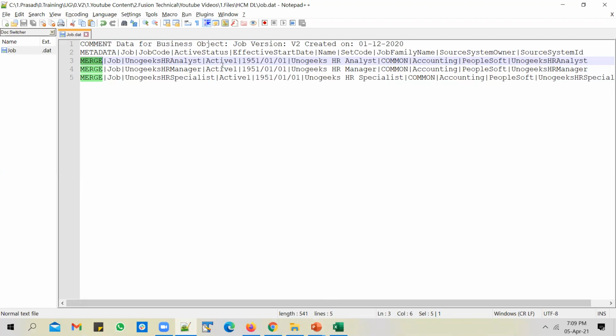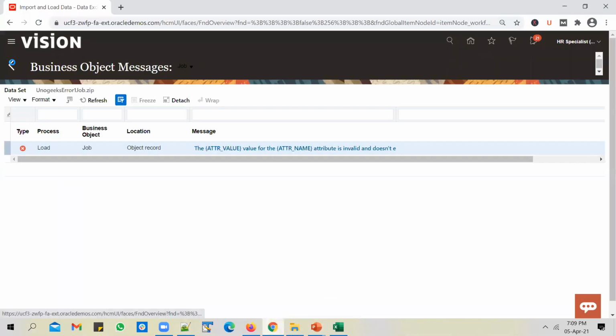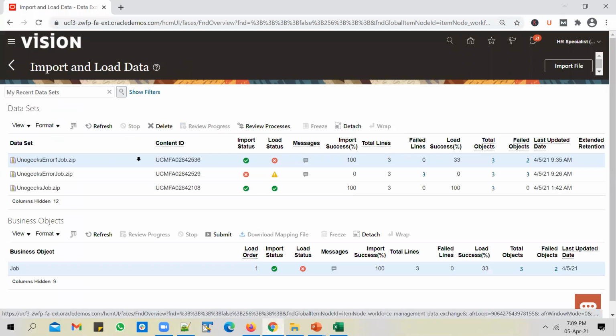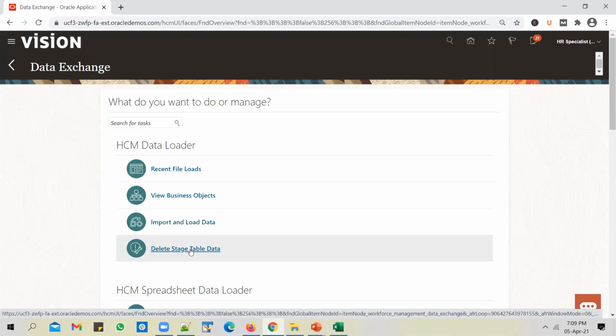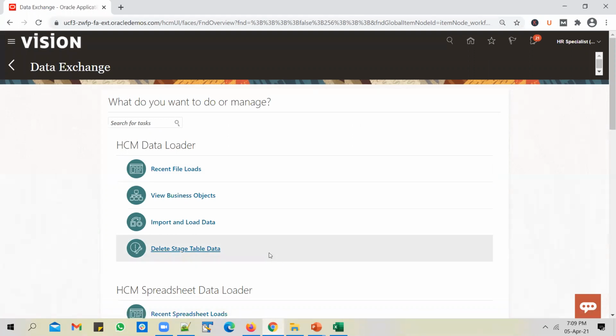Okay, so I've shown you various possibilities as to how you can handle HCM Data Loader errors. You can update them directly in the stage tables, or another option is to delete the data from the stage table itself. So in case you have to flush the data from the stage table, you can use this option, and flush the entire file, in case you have loaded a wrong file by mistake.